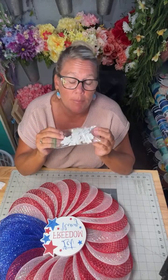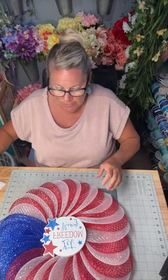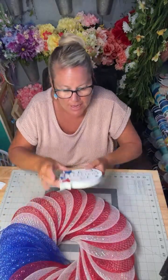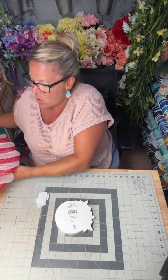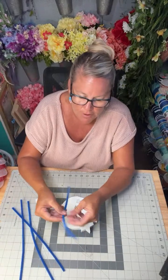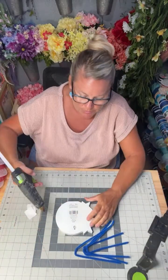They're not painted, and so my husband is so sweet. He spray paints these for me, but he did recommend that you use a primer first, or it'll take way too many layers of white to cover the stars. But I love these stars because they come in all different sizes, and they're really fun to use. So now we are just going to add our sign. And since this is so heavy, I want to add 4 of them on here. And I should have done this ahead of time, but we're just going to,